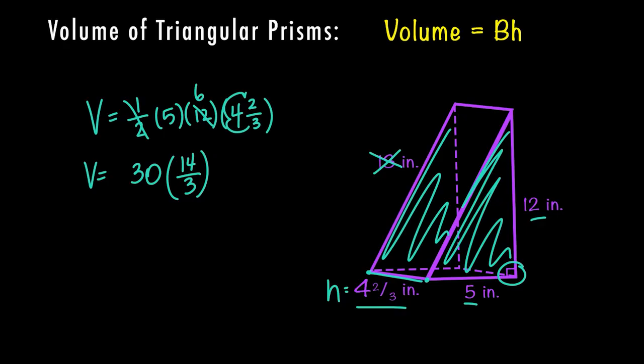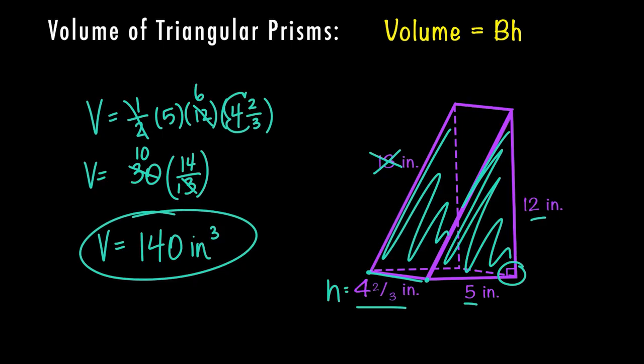I could go ahead and multiply the 14 times 30 and then divide by 3, but I do know that I can reduce the 30 by the 3 first, so that ends up being 30 divided by 3 is 10, and 3 divided by 3 is 1. So now I'm left with 10 times 14, and I know that 10 times 14 is 140. So this one is going to be 140 inches, and we're going to cube it again because I am multiplying